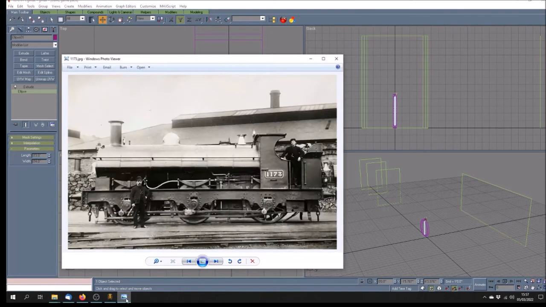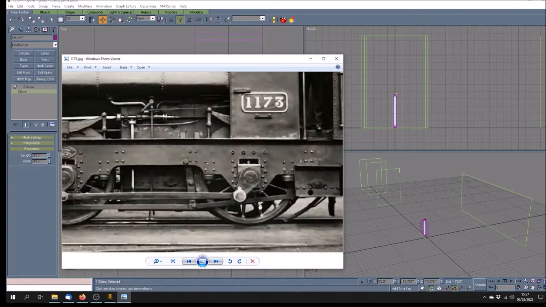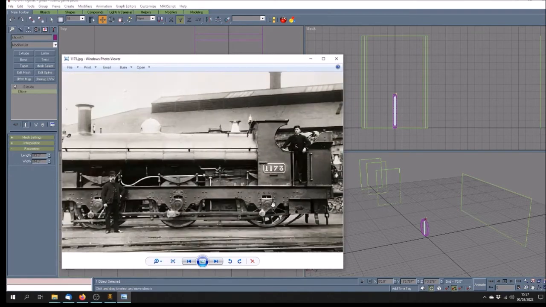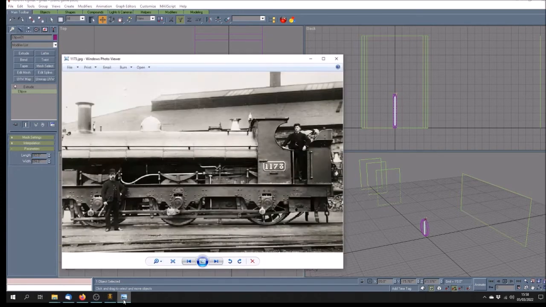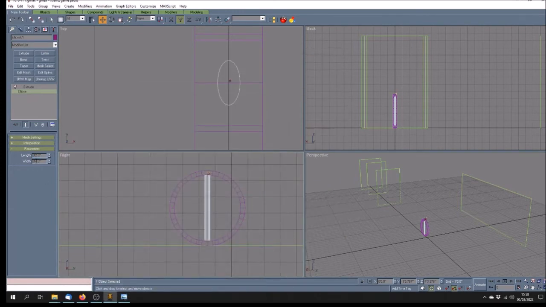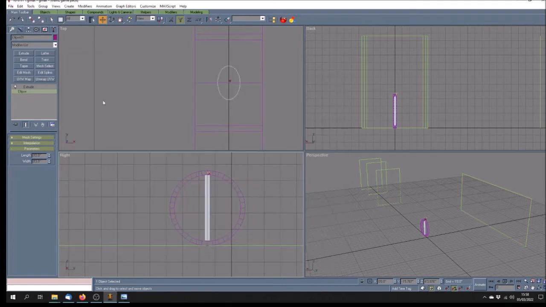Let's have a look at the picture. So although it's pixelated, you get a pretty clear idea, an impression of those spokes, and at the moment this is still far too big. I think what I'm doing wrong here is I've got the ellipse the wrong way round, which is why it's not proving to be particularly,